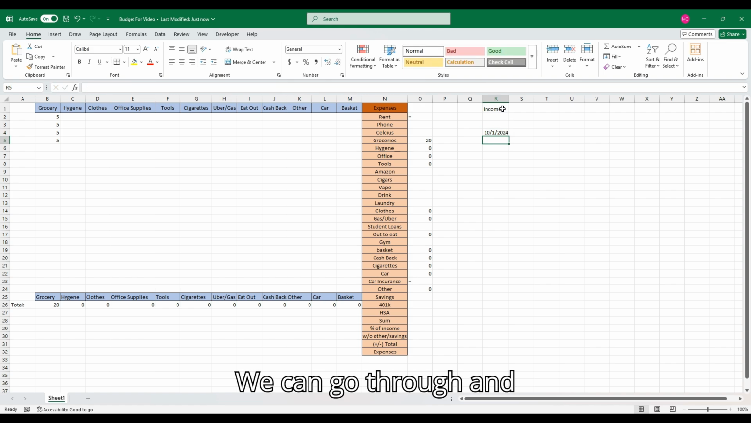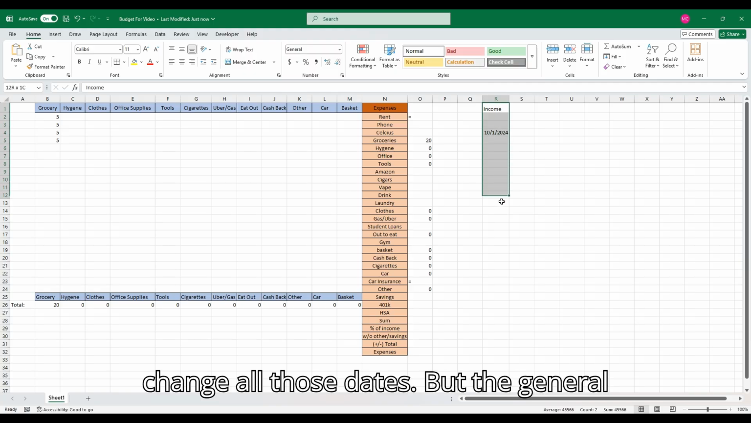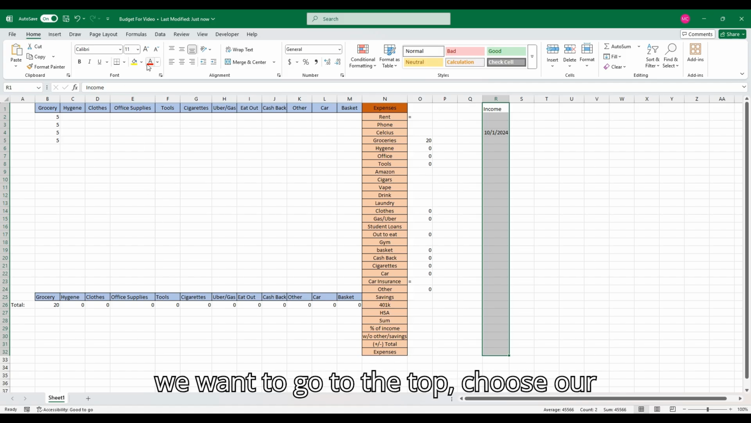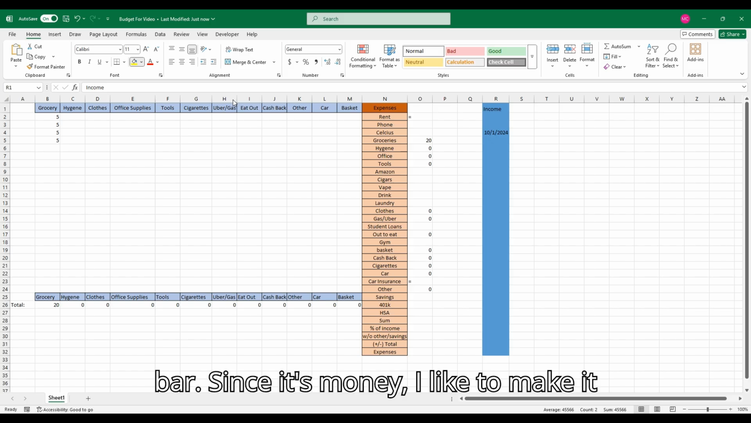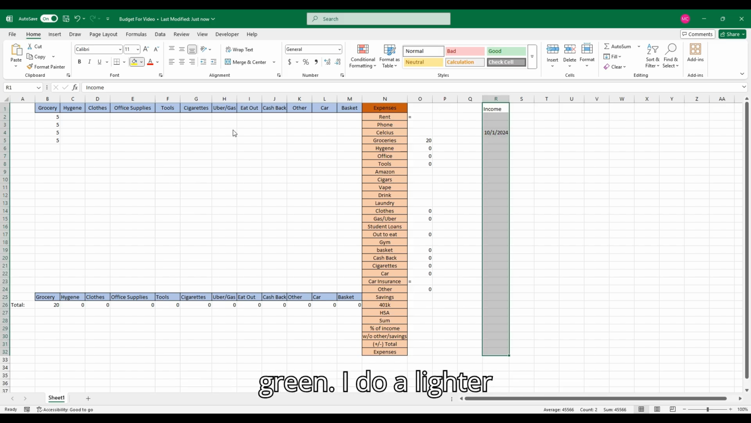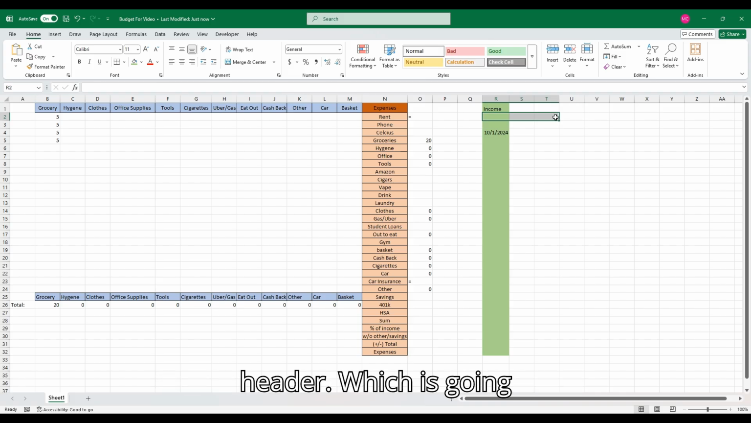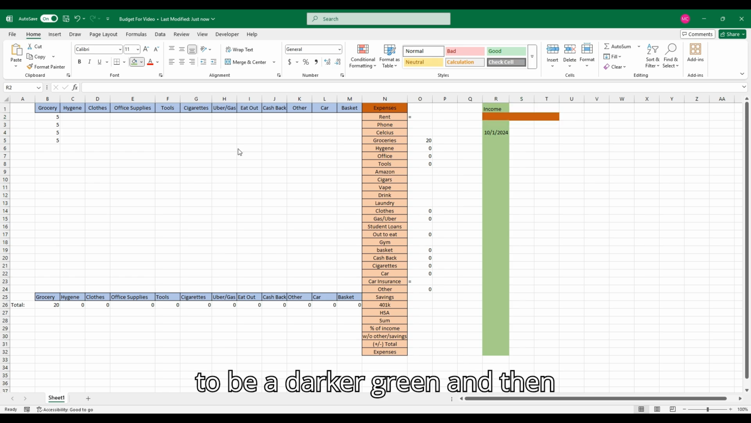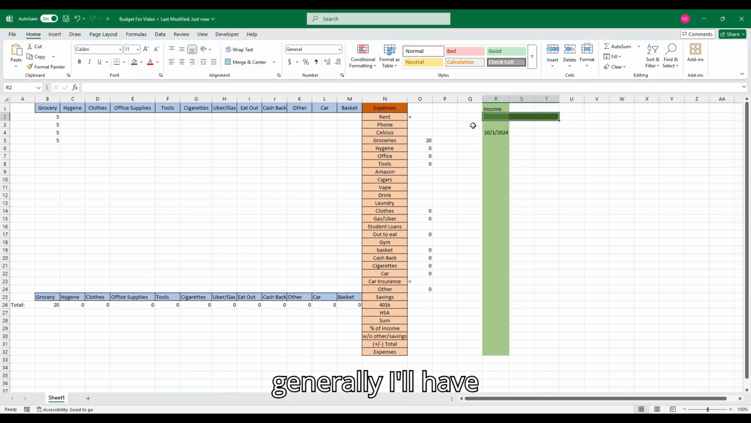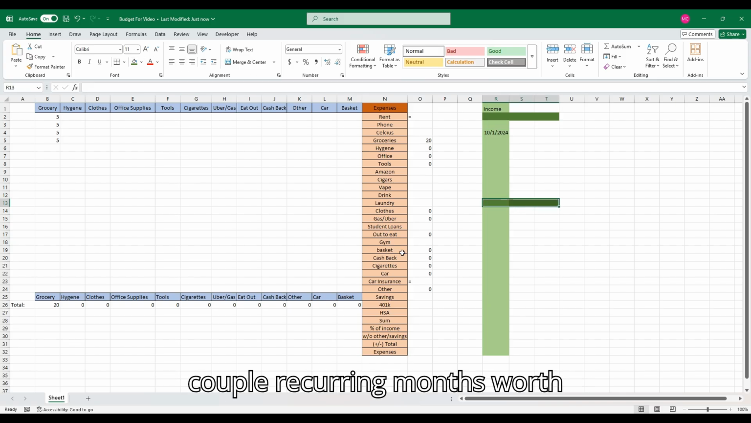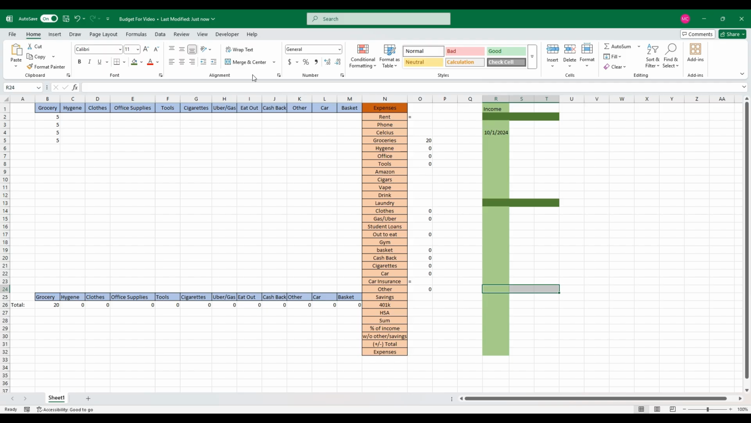We can go through and change all those dates, but the general idea here for this video is we want to go to the top, choose our bar. Since it's money, I like to make it green. I do a lighter color green. You can make whatever you want. And then I will make a header, which is going to be a darker green. And then generally, I'll have a couple of those listed. So I can do a couple recurring months worth of